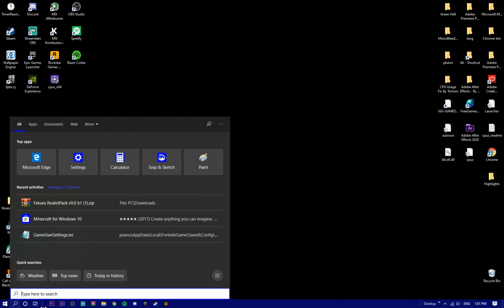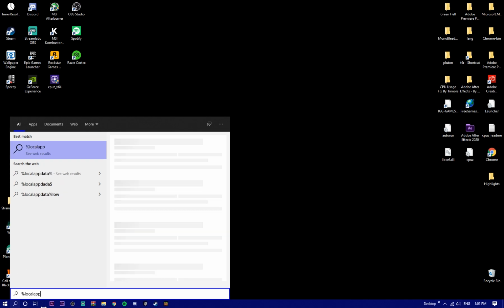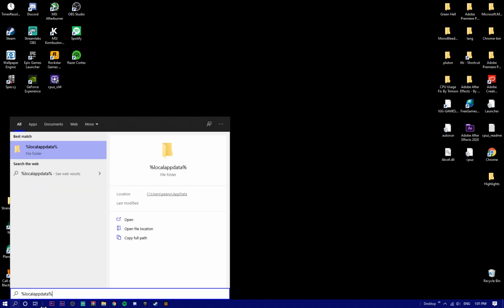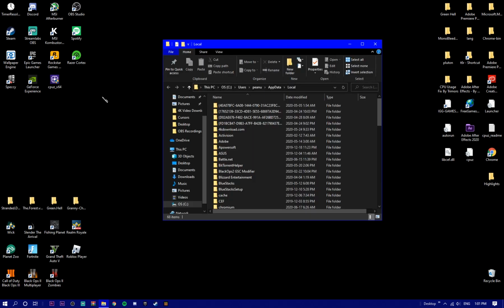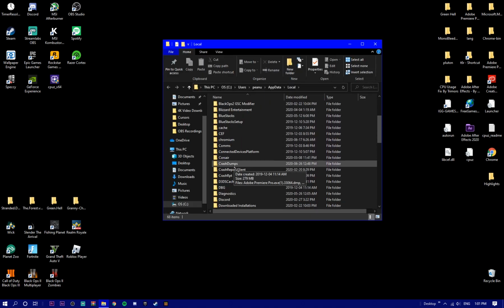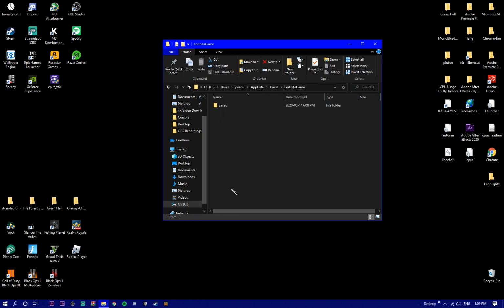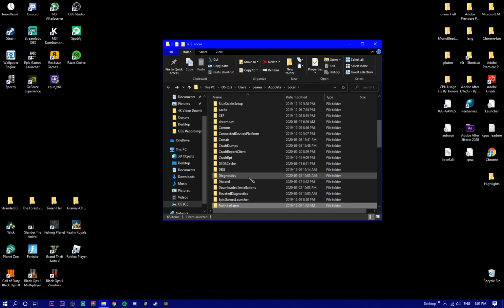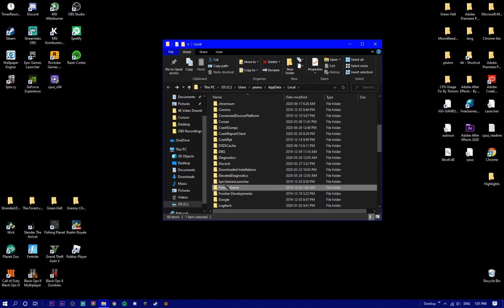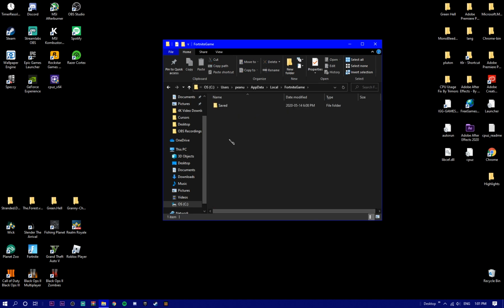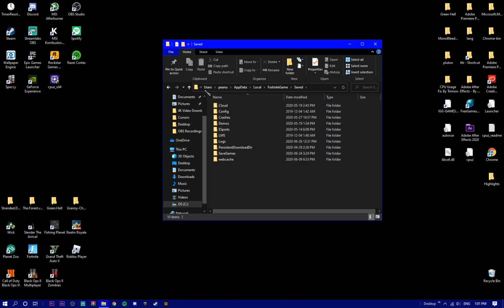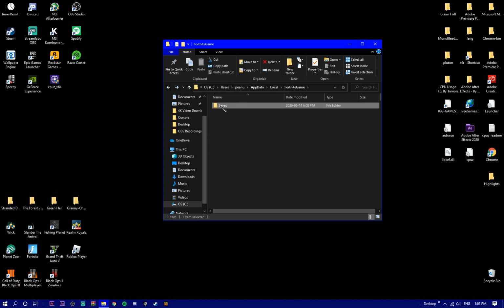So you're going to type in percent local app data percent, and you're going to click on this little file folder right here. And you are going to go down to Fortnite game. Right here. Now, if you don't have this, I'm not sure why, because I saw a couple people saying that they didn't have this, maybe because it's on a different drive or something like that. But then you're gonna go to saved, of course. That's the only folder there, and then you're gonna go to config, Windows client,